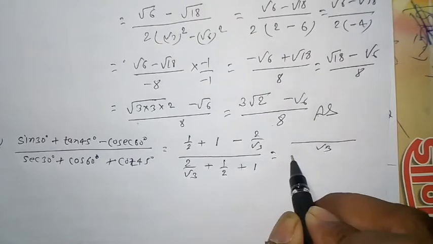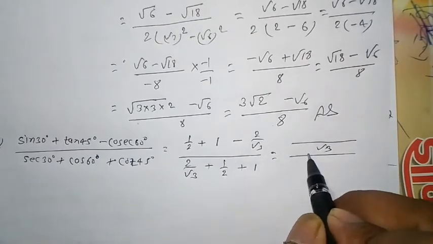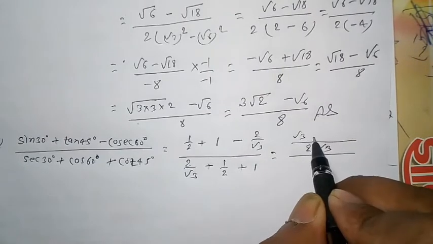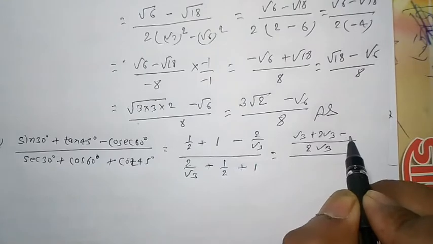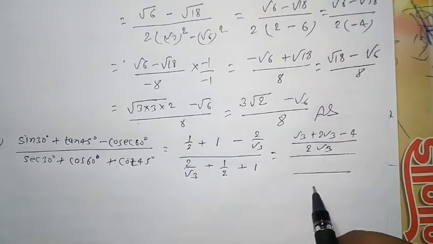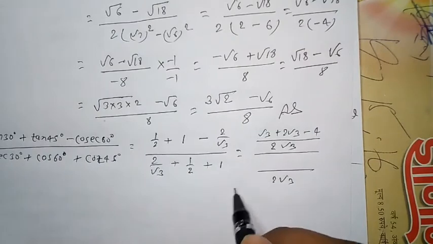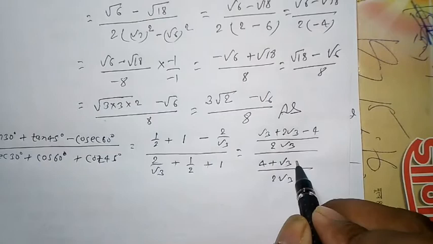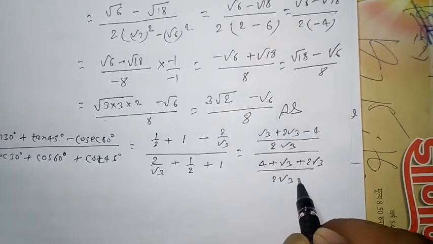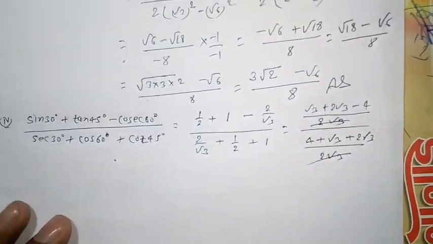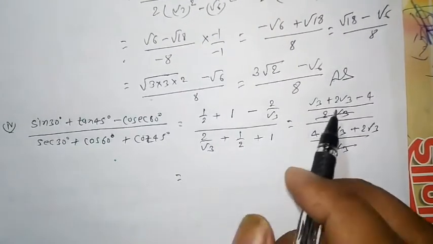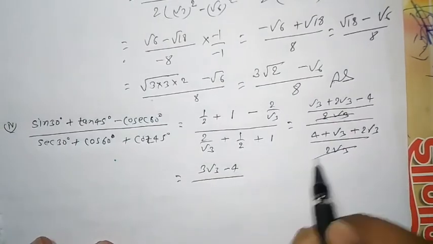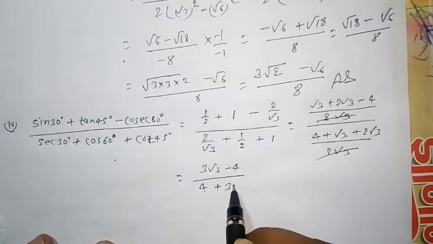LCM is root 3 in upper, then LCM is 2 root 3, then root 3 plus 2 root 3 minus 4. Also the LCM is 2 root 3, 4 plus root 3 plus 2 root 3. 2 root 3, 2 root 3 cancel, is equal to 2 root 3 plus root 3, 3 root 3 minus 4 by 4 plus 3 root 3. Okay,